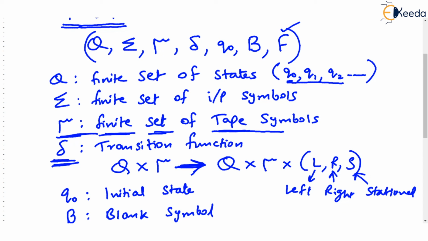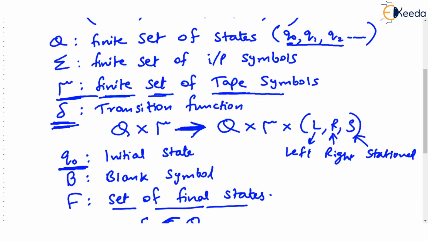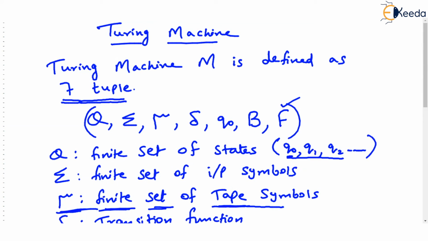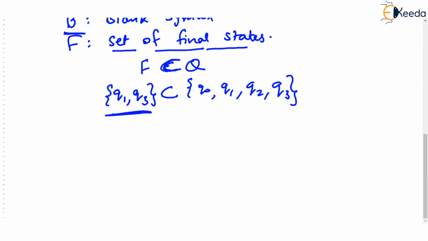Now, as usual, Q0 is the initial state from where the Turing machine begins. B is the blank symbol. Recall, the tape is actually coded with blank symbols before and after the input. Many times this is skipped by the author. They don't write B, so this becomes a 6 tuple, because it is made up of 6 things, since it is assumed that the Turing machine has some blank symbol before and after the input. But we have written B, so there is one more element. So this becomes a 7 tuple. And finally, F is the set of final states.